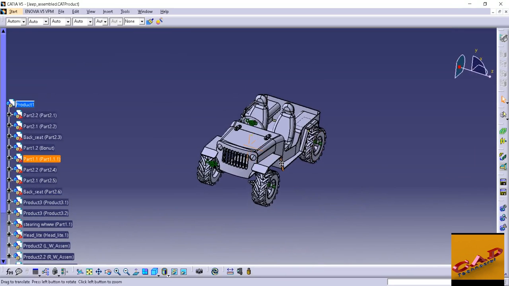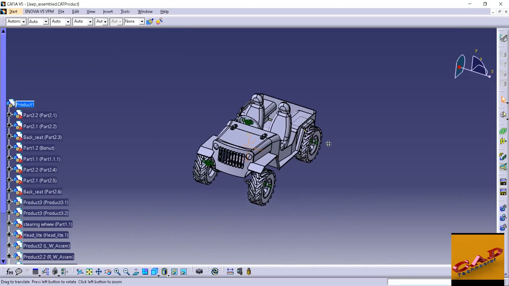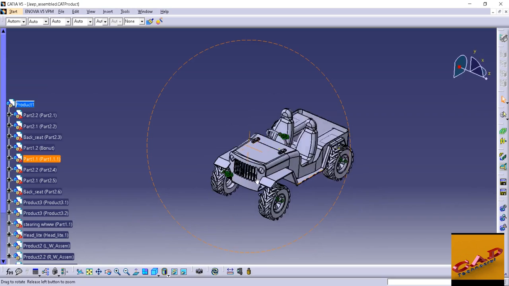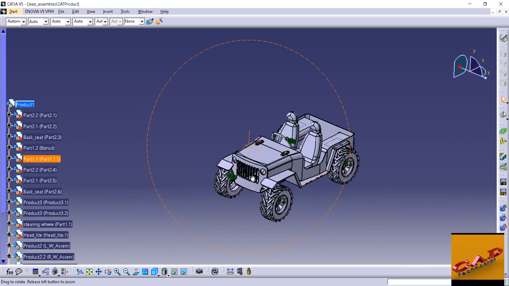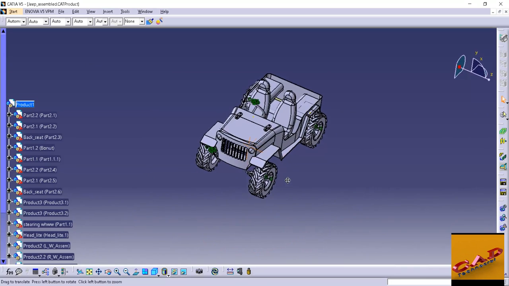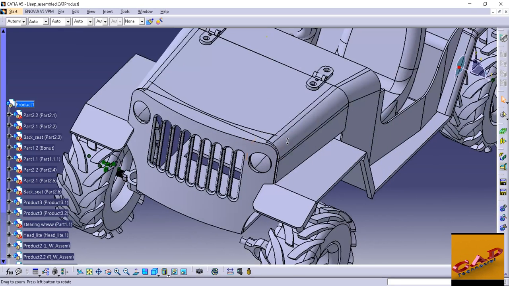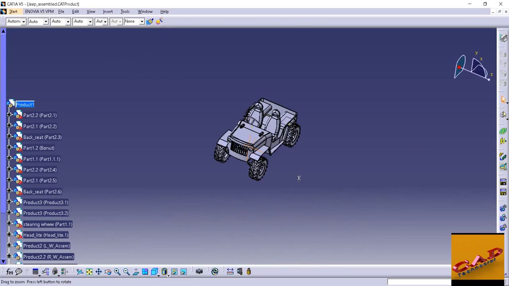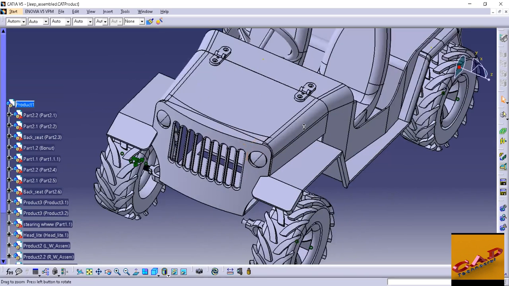If you want to rotate, just click on the roller and click on the right button and just move your object. If you want to zoom in or zoom out, click on the roller and click on the right button, release the right button and keep holding the scroll. And when you move your mouse in forward and reverse direction, it will zoom in and zoom out.